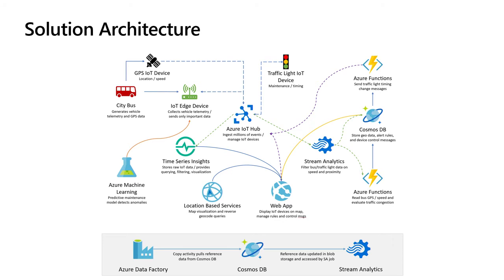And for the traffic lights, there's a separate IoT device. It reads telemetry like voltage readings. For example, if a light is on, there should be one voltage state. If the light is off, there should be no voltage at all, right? So based on that binary data, it should be able to detect things. For example, if we register the IoT device connected to a traffic light, it should be able to gather the serial number, the location, and all this stuff. So if I'm not getting any readings from a particular traffic light, I should be able to pull that data, like the serial number, and dispatch a technician to have a look.